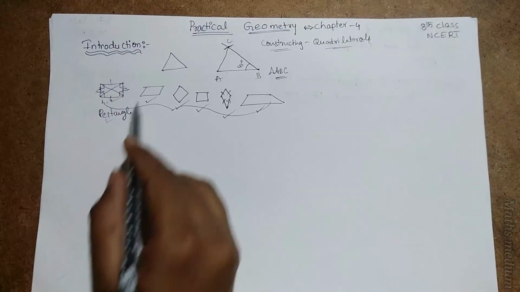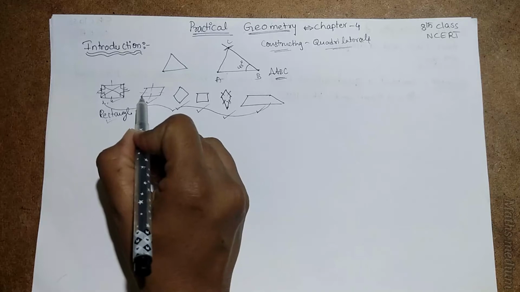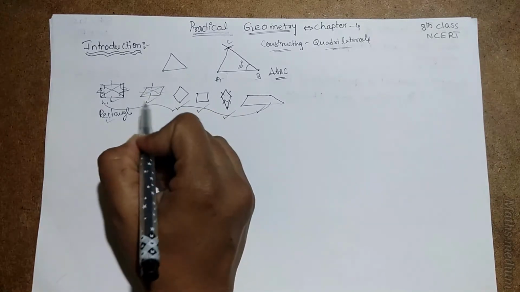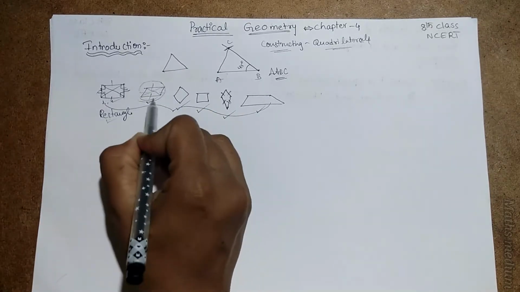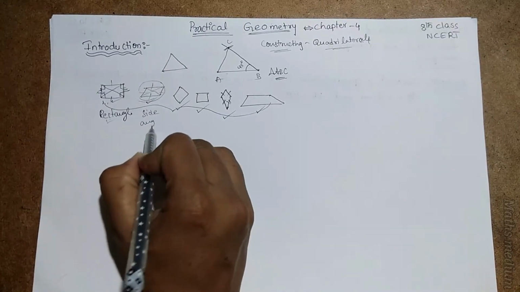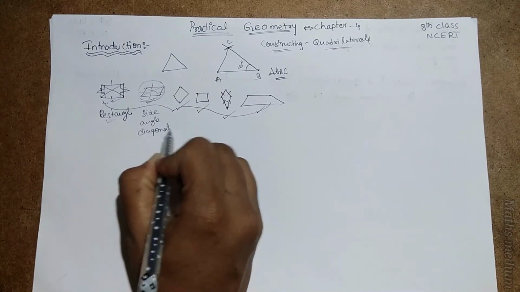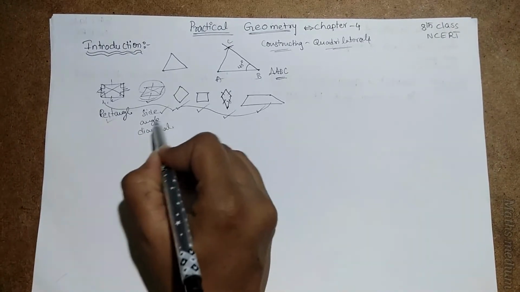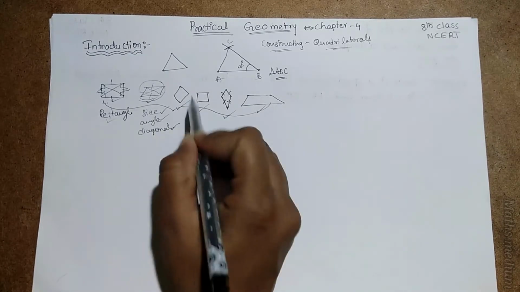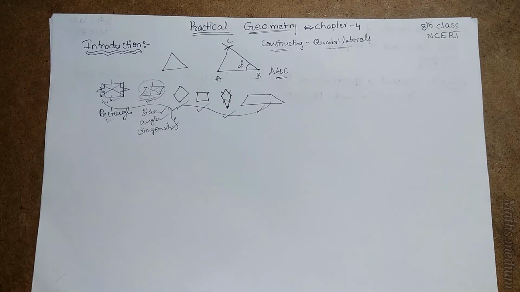Next, coming to the parallelogram also. These two are parallel and these opposite sides are parallel. There is a diagonal also. So by these, with one side and an angle or a diagonal. In all these cases, we have to be given a side, angle or a diagonal. These are must and should for the construction of a quadrilateral.